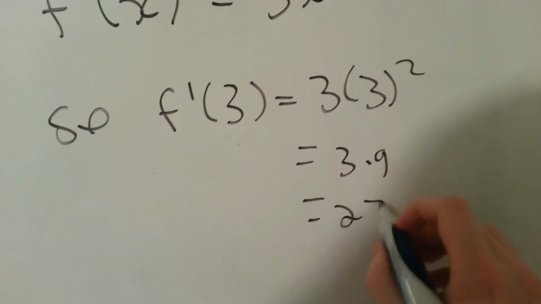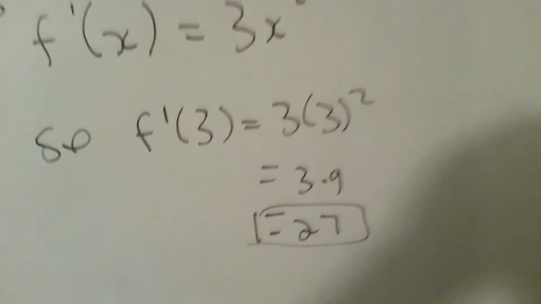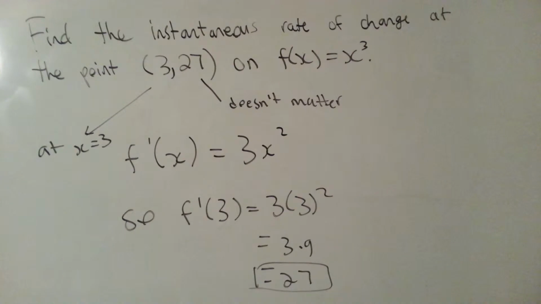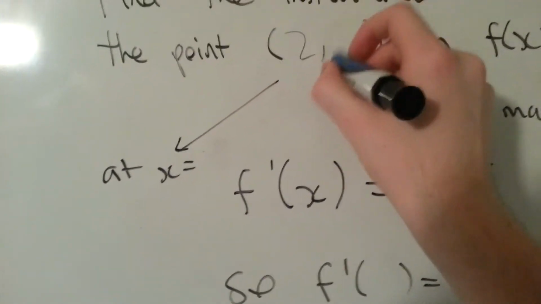So the instantaneous rate of change at point (3, 27) on the function f of x equals x cubed is 27 units per interval. It's just a coincidence that the slope of the tangent is the same as the y value of the point. I'll now sub in the point (2, 8) to the same function to prove that it is just